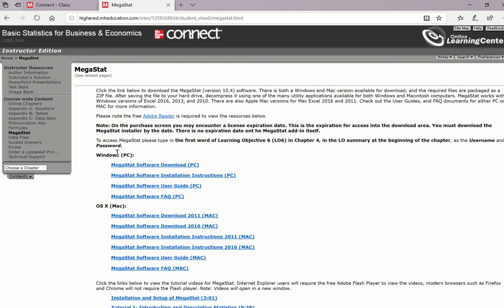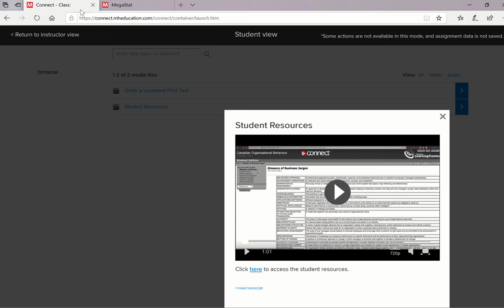This is one place where most students get really confused, because you don't read. You have to make sure that you read before you start the downloading process. It says, to access MegaStat, please type in the first word of Learning Objective 6 in Chapter 4 in the Learning Objective summary at the beginning of the chapter as the username and password. So when you go to your